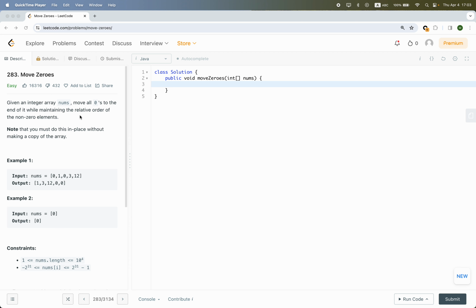So one solution that you might come up with is, in this case, what if we allocate a new array and we loop the array and just copy the non-zero elements to the new array. For this case, it's 1, 3, 12, and fill the remaining with 0. So this solution works fine, but